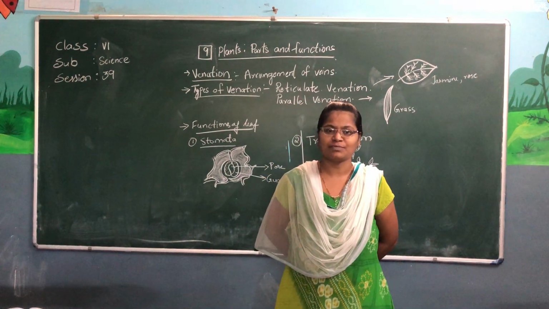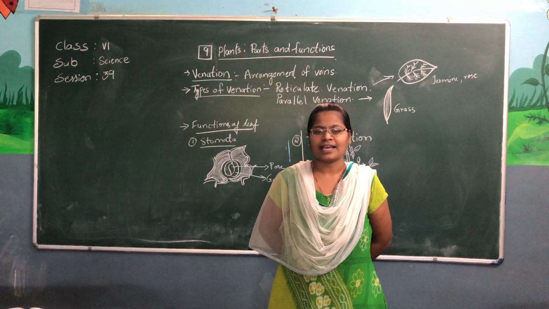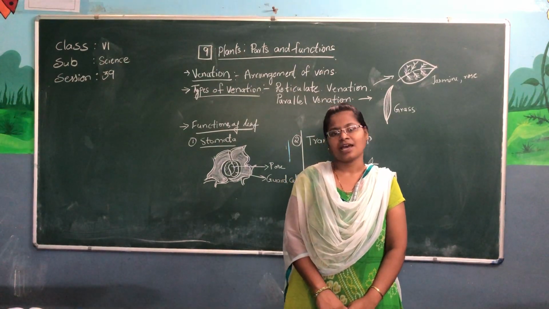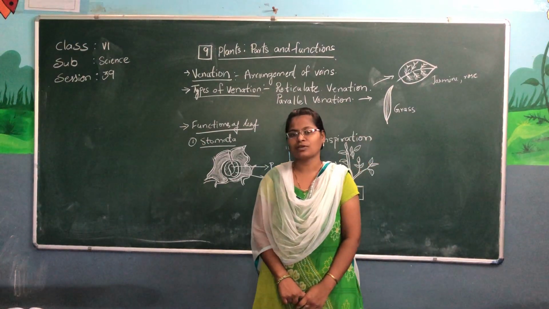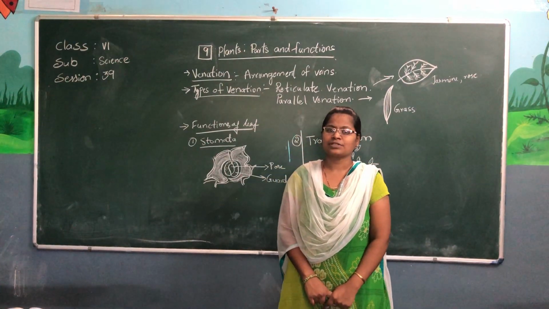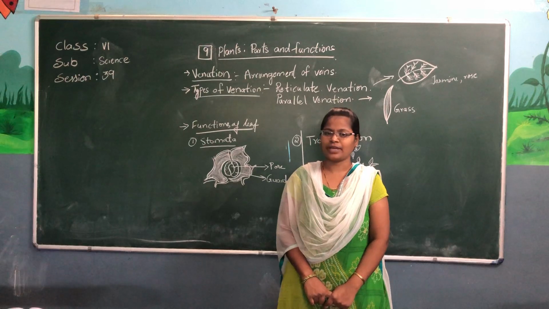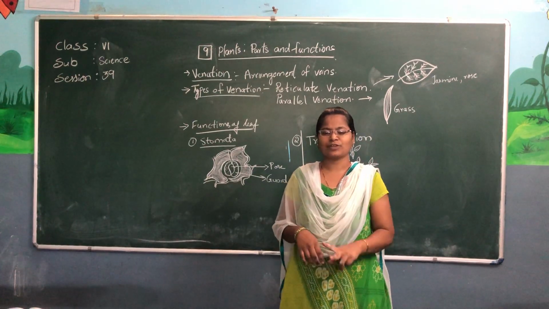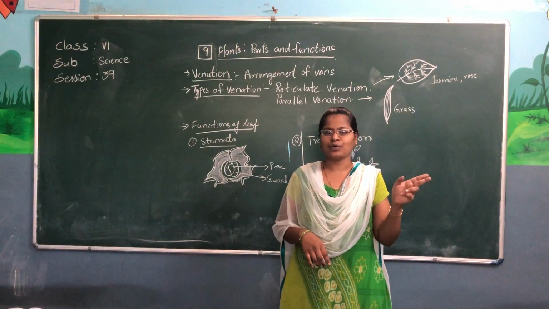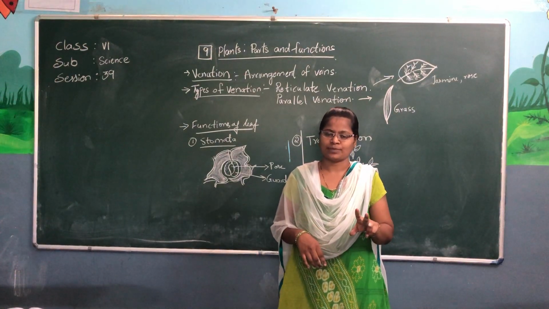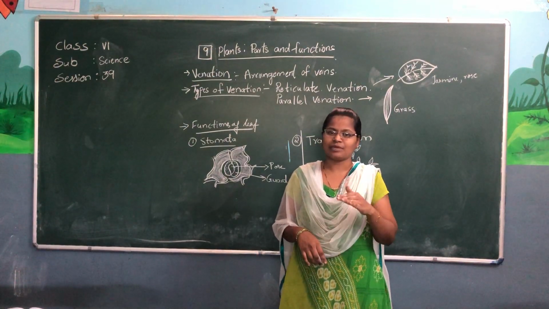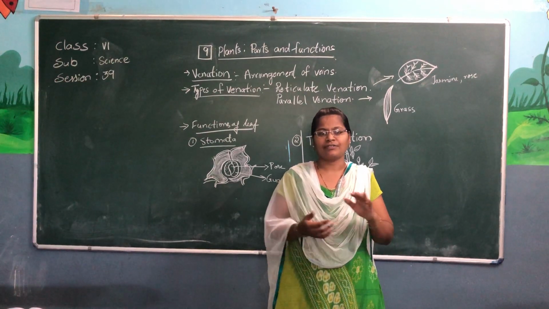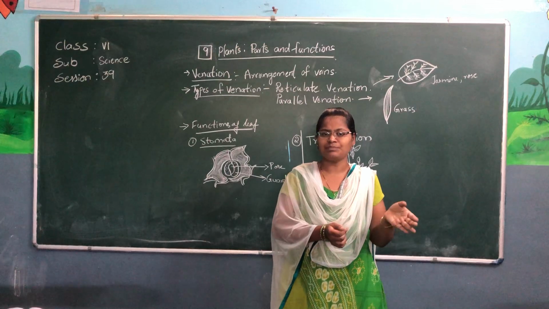Okay, last class you have observed the leaf and its parts. And the previous class we learned about the roots, their types and functions. Today we just recall what roots are. There are two types of roots: taproot and fibrous roots. And today, in the same way, we are also going to learn about types of leaves. We have read the functions and types.